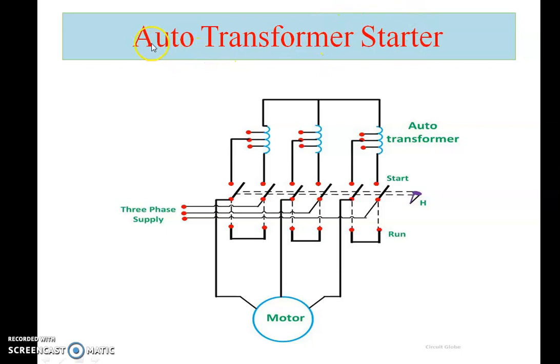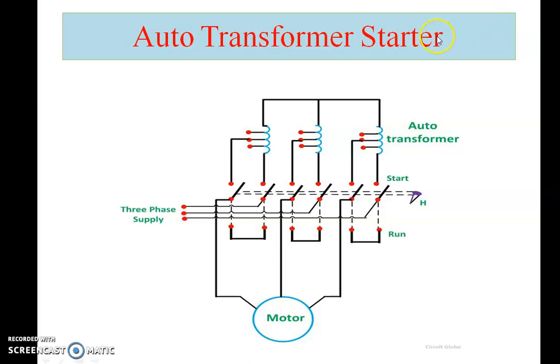So as I mentioned, the auto transformer starter. As you have seen previously in the DC machine, an auto transformer in simple terms we call a dimmerstat. In the laboratory we call it an auto transformer, nothing but a dimmer. So this auto transformer we are using for controlling the starting current of the induction motors. This is possible through the auto transformer, and